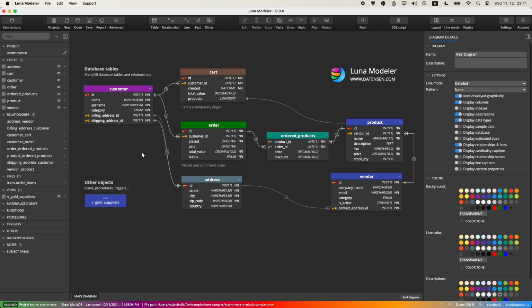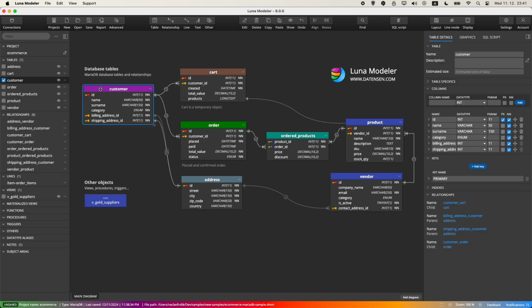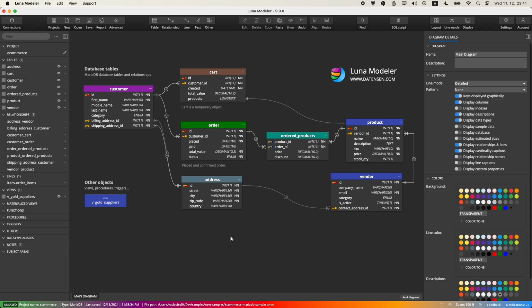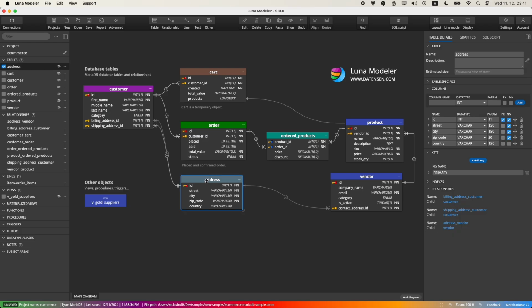Click on the customer table and rename the columns in the right pane. Then add a new column middle name. Move it to the desired position in the table. The modification of the customer table is complete. Now let's modify the address table. We will remove the country column